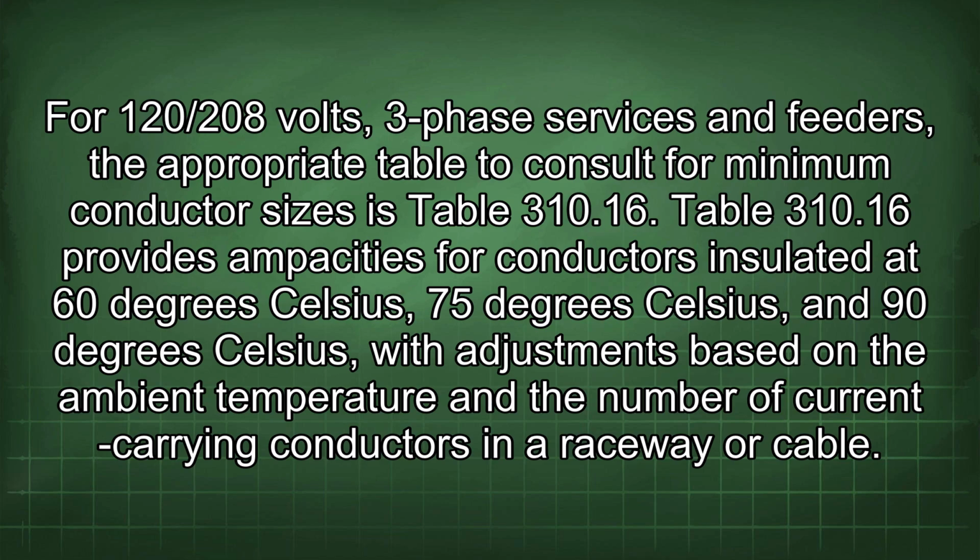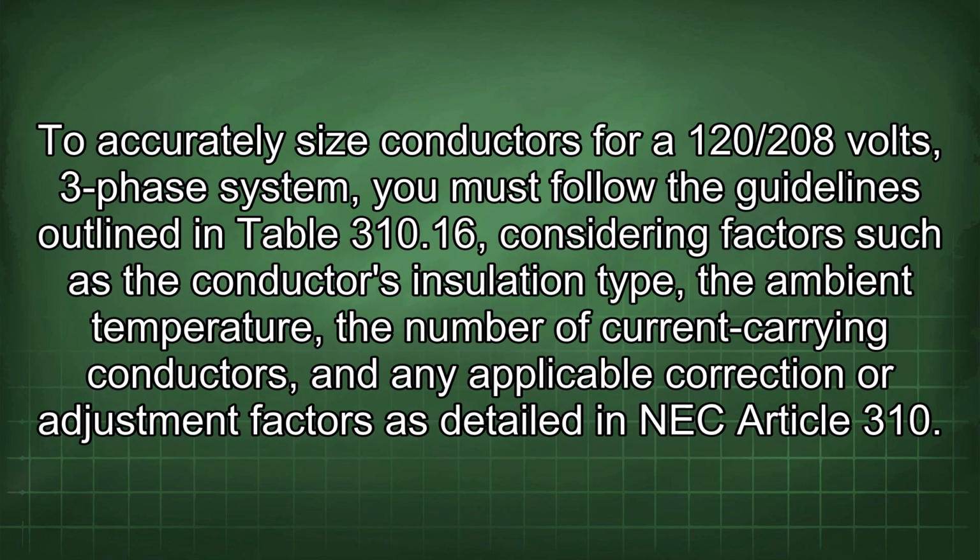Table 310.16 provides ampacities for conductors insulated at 60 degrees Celsius, 75 degrees Celsius, and 90 degrees Celsius, with adjustments based on the ambient temperature and the number of current carrying conductors in a raceway or cable. To accurately size conductors for a 120/208 volt 3-phase system, you must follow the guidelines outlined in Table 310.16, considering factors such as the conductor's insulation type, the ambient temperature, the number of current carrying conductors, and any applicable correction or adjustment factors as detailed in